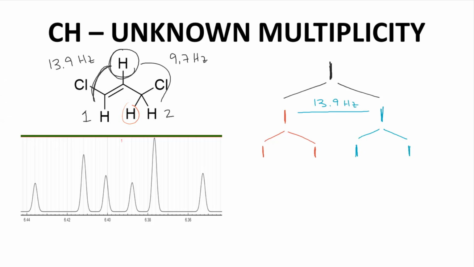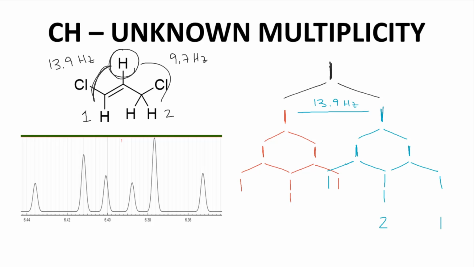Let's do the second hydrogen. We're going to further split the resulting signals again. And let's do the same to the blue signals. This is split. The outcome of all these couplings would be a pattern of 6 peaks with relative intensities of